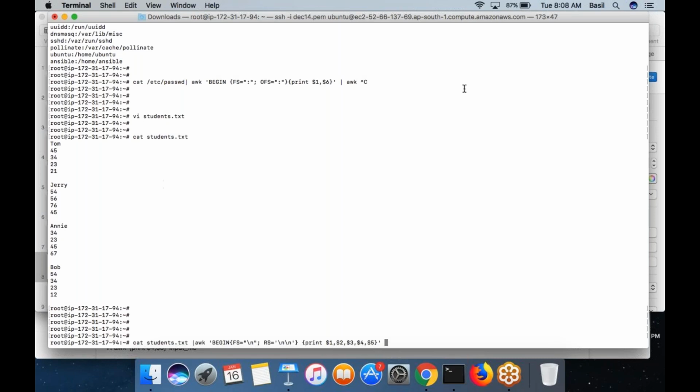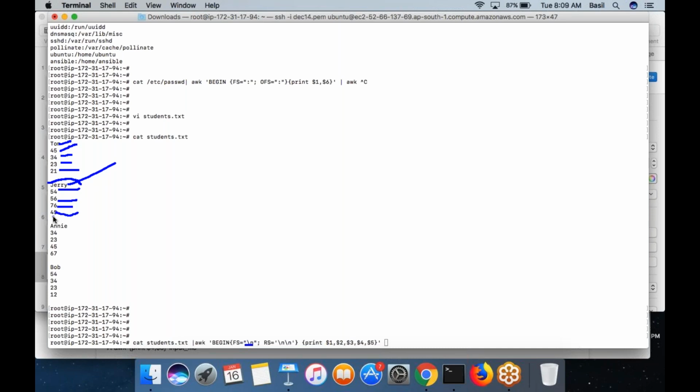So what would happen? As you can see, the field separator is equal to new line. So this is the first field, second field, third field, fourth field, fifth field, then two lines, which would be treated as a new record. And for this record, first field, second field, third field, fourth field, and fifth field.